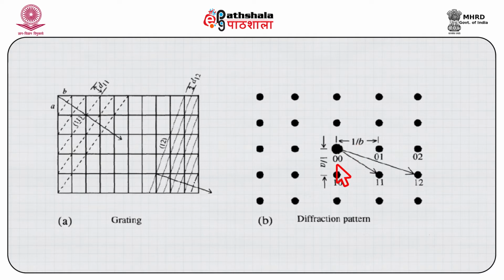Now, the one difference which is very apparent in the grating and the diffracted pattern is that there is no origin actually marked on the object, whereas when we are looking at the diffracted pattern, we are considering an origin, and the origin is where the beam is not diffracted. With reference to that, all other planes are diffracted. So, this is a difference between the reciprocal lattice and the original lattice,